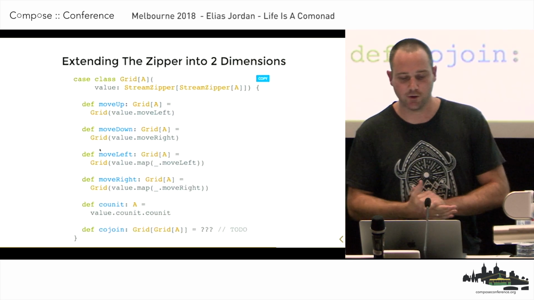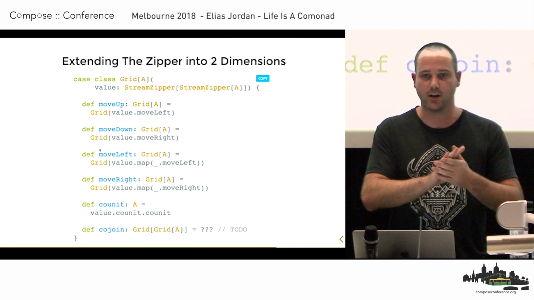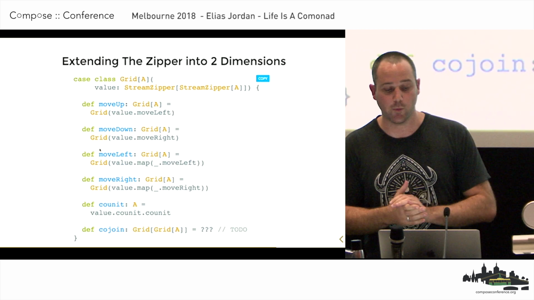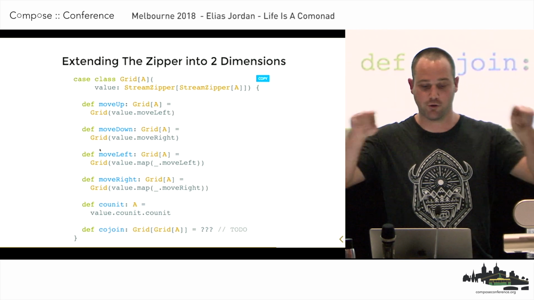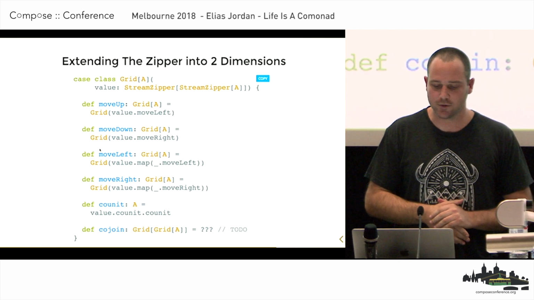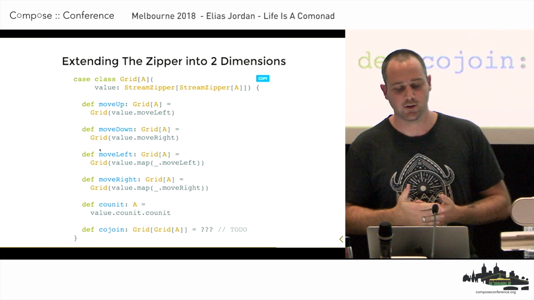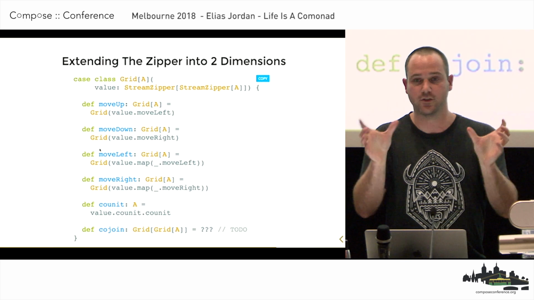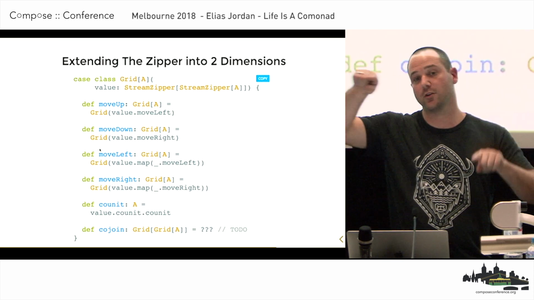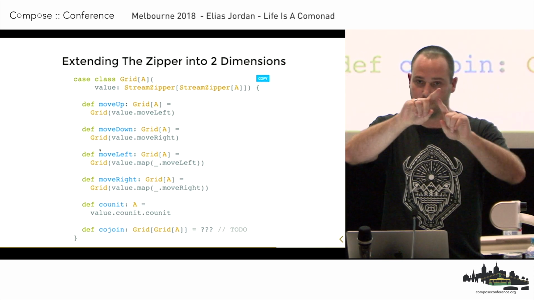So the first thing that we need to do is that since our stream zipper is a one-dimensional data structure, we need to extend it into 2 dimensions in order to define a grid. So here we just have some simple helpers. Well, I guess to start with, we just nest the stream zippers. You can think of it as like a 2-dimensional array in some sense to create a 2-dimensional grid.